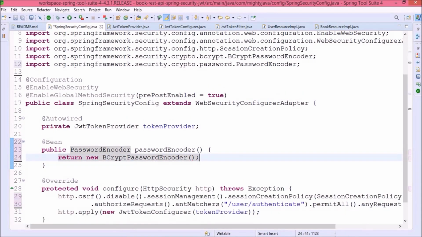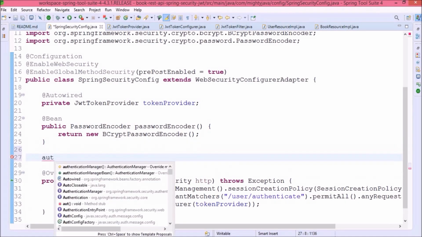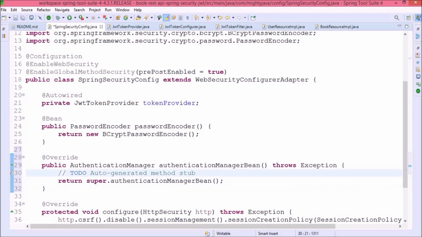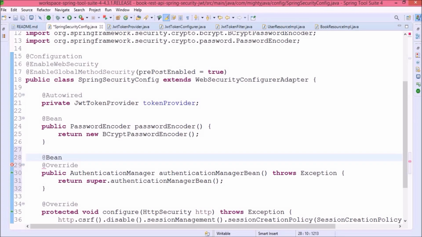One more thing we need to add: we need to override one more method, and the method name is authenticationManagerBean. That's the error it was giving. Here no need to add any code, we only need to add the bean annotation. That's it.